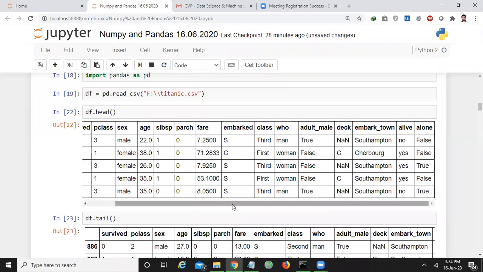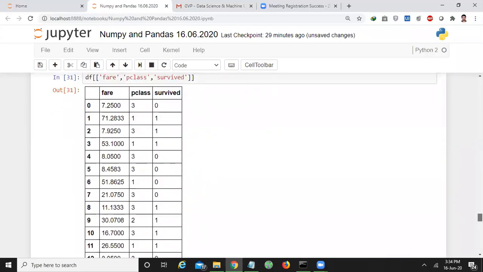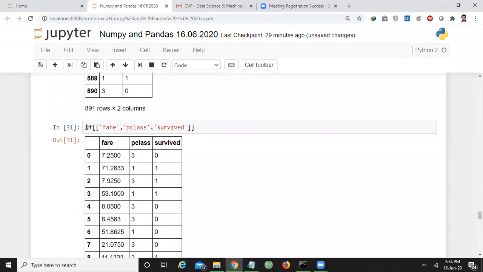For your implementation or for your analysis or for your study, all the 15 columns may not be suitable. Then you will select some columns for the study. So if I am retrieving only 3 columns, I am interested to study only these 3 columns. I don't bother about the remaining columns.